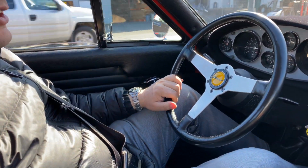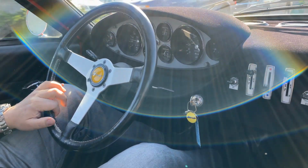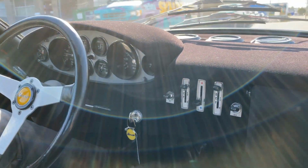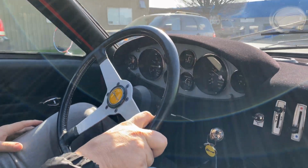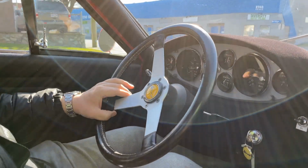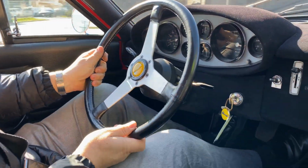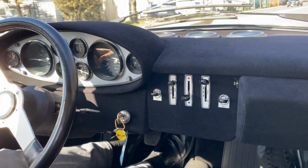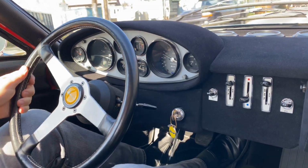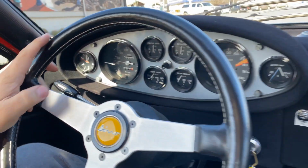We are out in our 1971 Euro spec Ferrari 246 Dino. I hope you can all hear us because the cabin's a little loud. This is a car that is definitely on my closest to my heart list. Bought this car in 2004. So we're just warming it up in Canmore, Alberta,